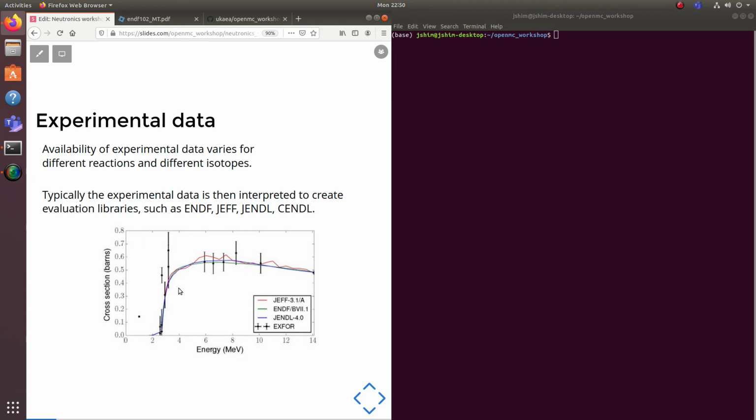Evaluations fit these lines with different weighting factors onto the experimental data, and they come up with an integrated cross-section as a function of energy. So this reaction here is showing beryllium-9 (n,2n), that's one neutron in, two neutrons out, probability. It's measured in barns, and